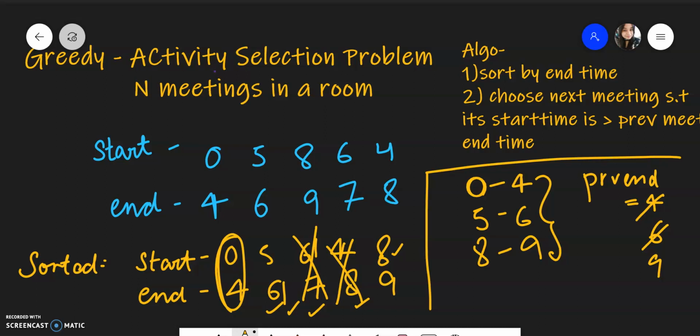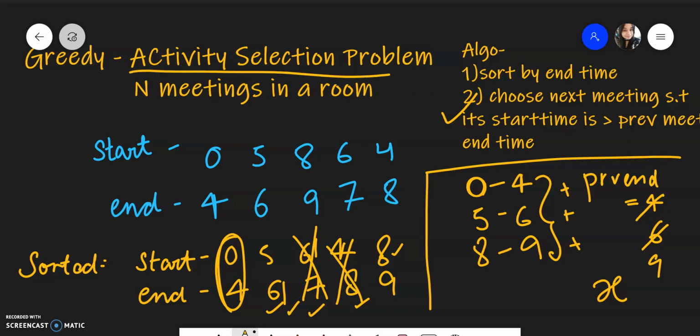So you can have a count variable, say x, and you can increment it whenever you are getting the meetings, or whenever this second condition is satisfied, and at the end you can simply return this x. Just in a moment we'll also see the code and the execution, but before that I'll tell you the variations of these questions.